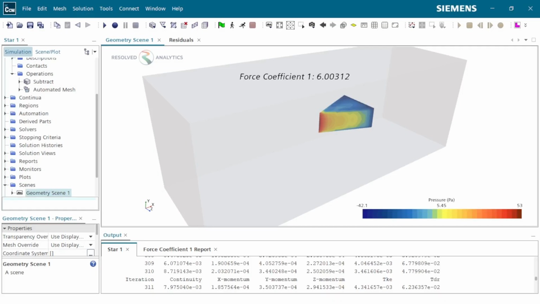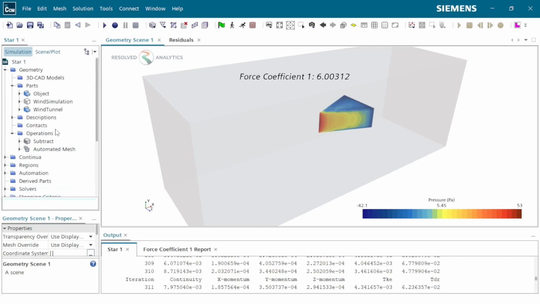In this Star-CCM tips and tricks video, we'll demonstrate how parts can easily be replaced with just a few clicks of the mouse while maintaining connectivity to all of the downstream operations, reports, and visualizations. Here we have an object in a wind tunnel